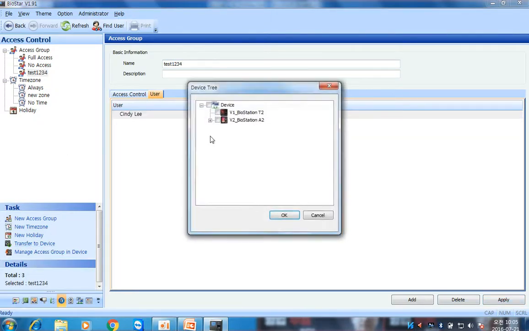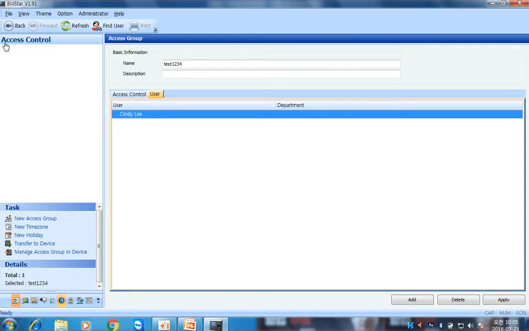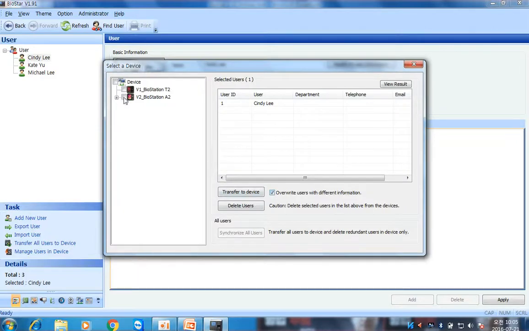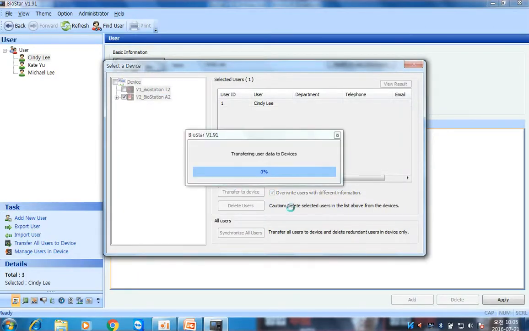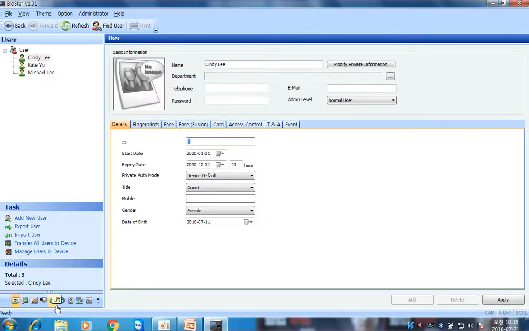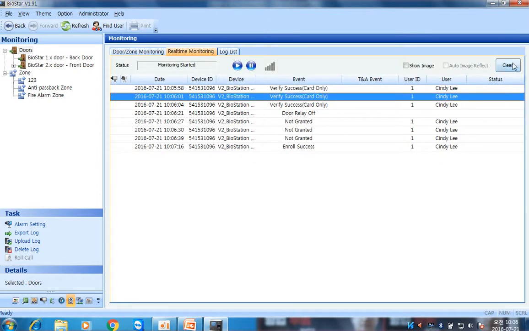Right, I'm going to transfer this access group to a device, and I'm going to transfer myself again to A2. Now because the user, Cindy Lee, has an access group, it should grant me access. Yes, now I get verified success.